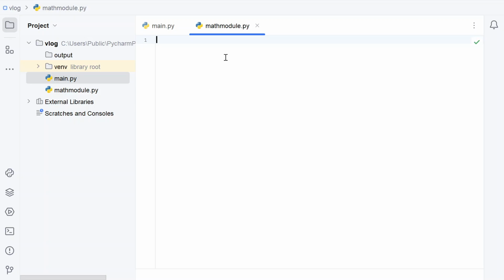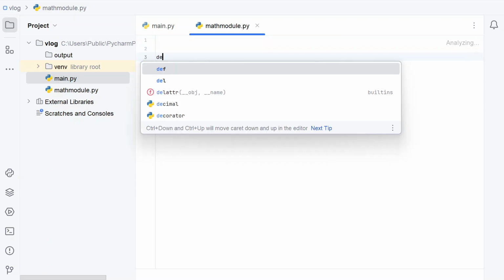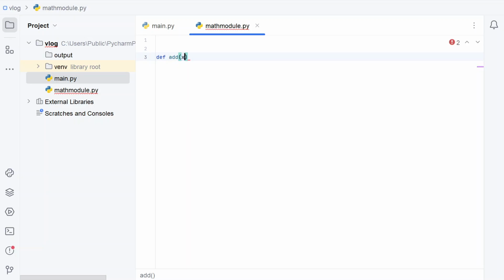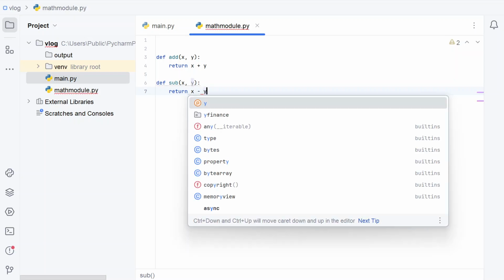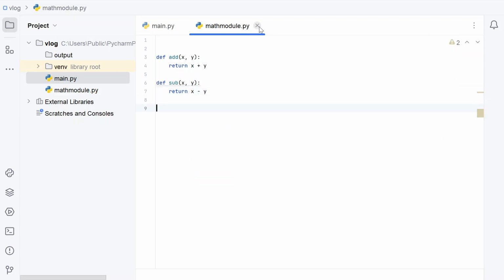So once we create a math module, let us add two simple functions, that is add and subtract two numbers. So let's say define add, let's give x comma y. So this is my function and I'll be just returning the value, that is x plus y. So this is my first function. So let's define another function. So let's say sub, x comma y, and let's try to return x minus y. So these are the two functions that my module contains,